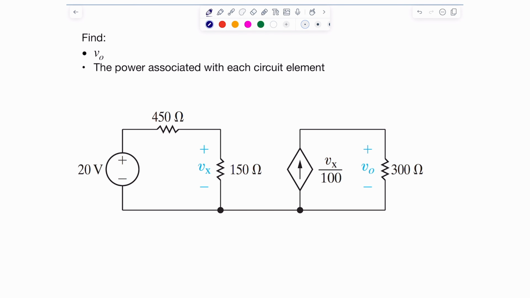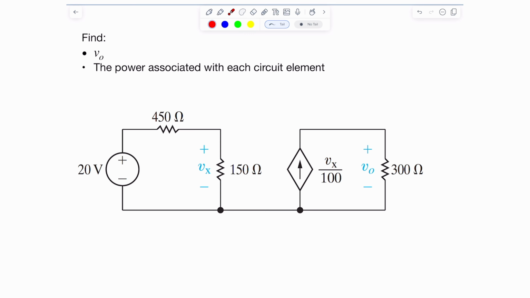In this example, we're given a circuit that contains 3 different resistors and an independent voltage source, and I know its voltage is 20 volts, and a dependent current source. So this current source depends on the voltage across this particular resistor. So let's go ahead, we're asked to figure out what the V naught is and the power associated with